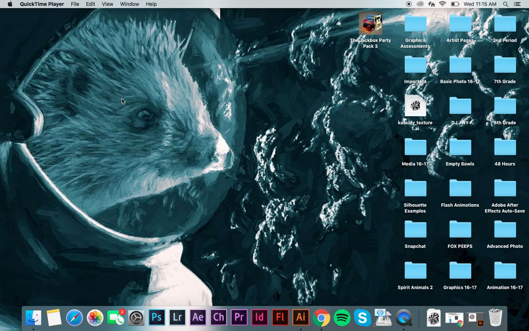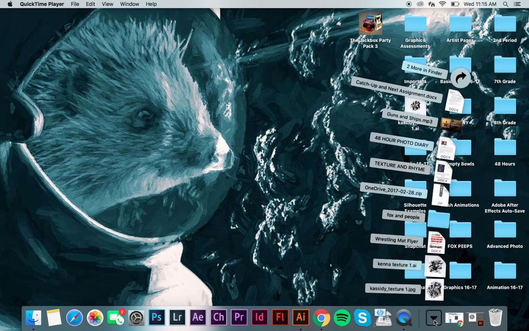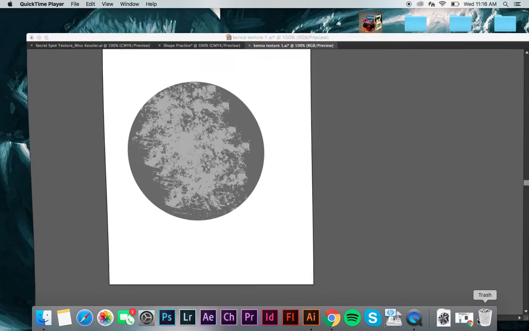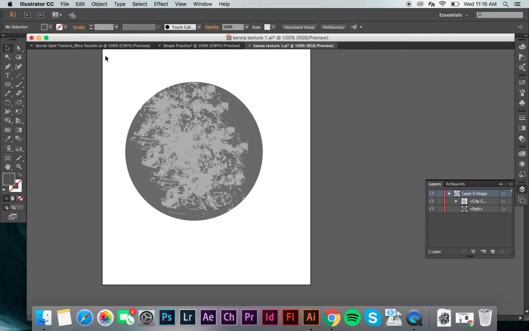Today I'm going to show you how to create a texture and overlay it on a shape in Illustrator. So first I'm going to make sure that I have a texture to work with. I already downloaded one from OneDrive, so you should be able to find a folder there with all the textures in them. And then I will open up Illustrator, which I have opened up already. This is kind of an example of how it's going to look in the end. So you can tell that the texture is overlaid in the shape, but there's no texture going outside of the